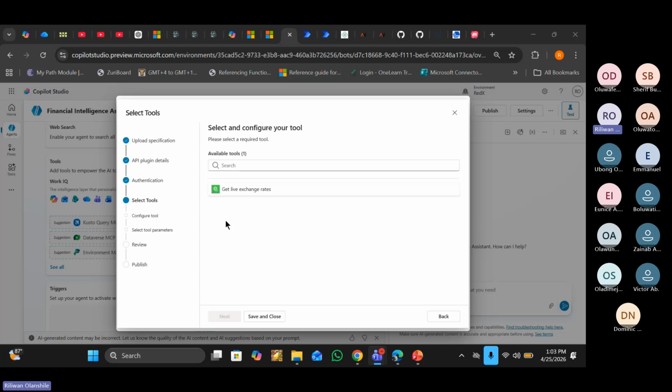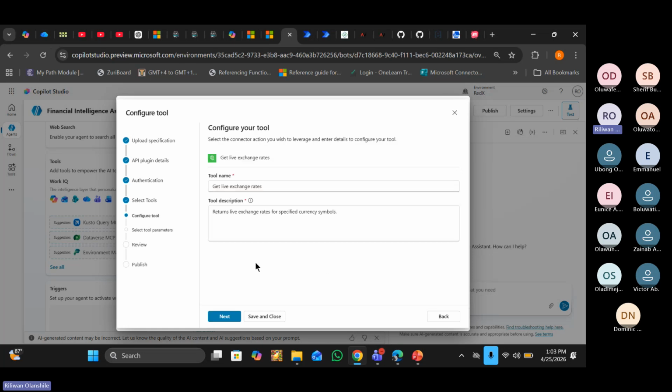Remember I mentioned earlier that one of the ways that you can build a custom connector is either you are doing it from scratch or you are using an OpenAPI file. And since I have already uploaded an OpenAPI file that typically you use to build a custom connector, Microsoft themselves, this you are seeing right here is a custom connector, and I'm going to prove that at the end of the class. So please still stay. So I pick Get Live. I pick here. This is a particular tool that I've created, and I say, yeah, I think that's pretty much it.